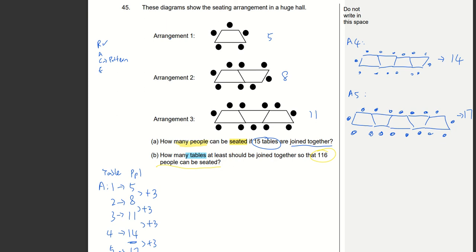Then where can I find the plus 3 in the pictures that I've drawn so far? Picture number 1, picture number 2, not quite able to see the plus 3, maybe this 3, not very clear. But how about here? Can you see it in the next pattern? Here, there's a 3. Then you look at the next pattern, say this one, table arrangement 4. Can you see the groups of 3? And then here,